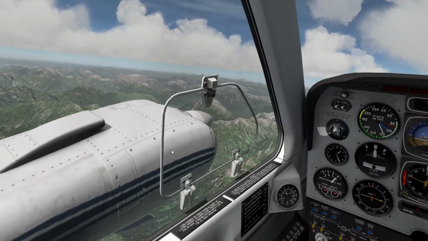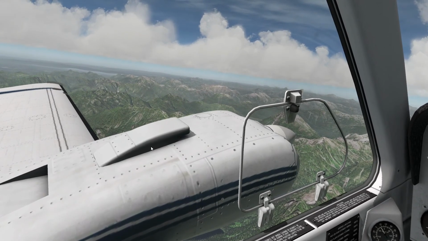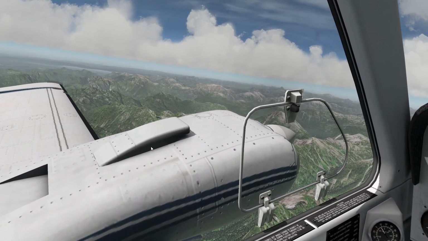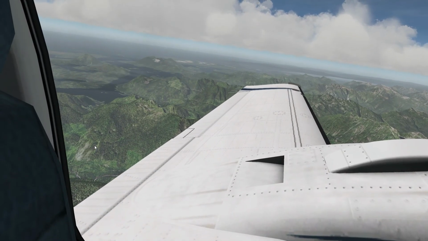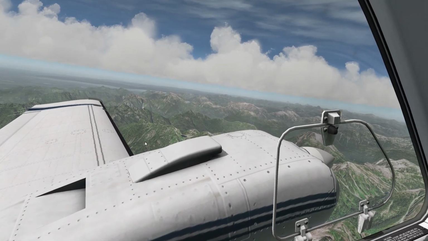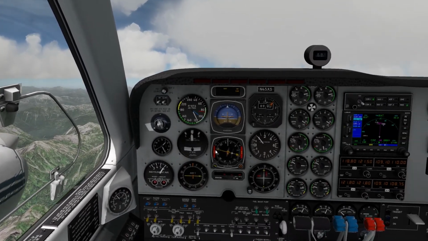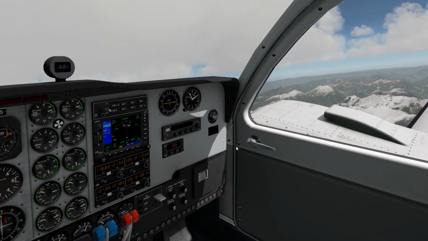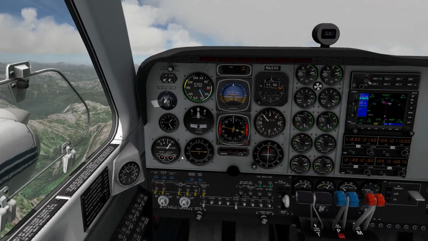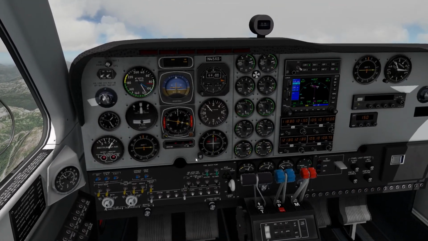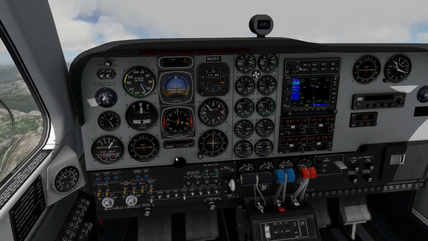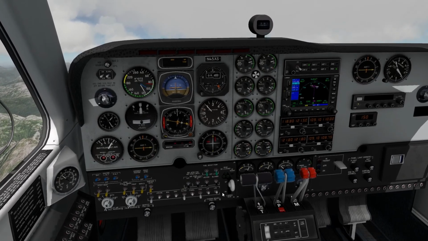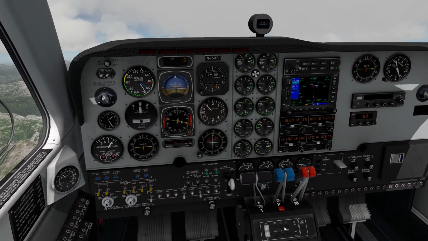So we're nearly at 9,000 feet. A bit bumpy, we have a bit of turbulence here. Scenery's looking pretty good out there. Some good ortho scenery. I think Bing must have updated with better scenery over the last few months, because the last time I generated it, it was missing and it was pretty sucky for the whole of the island. So we'll see if it's good all the way across for our flight today. I wouldn't be surprised if there are a couple of bits that are less than quality, and I can turn my taxi lights on. I'm going to leave my landing lights on because we are just under